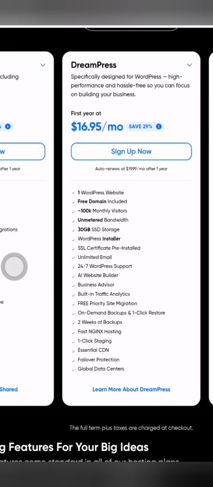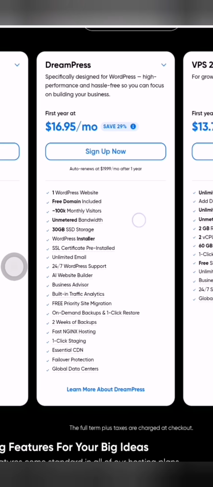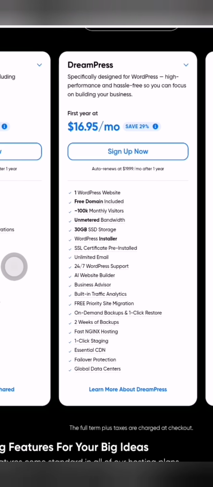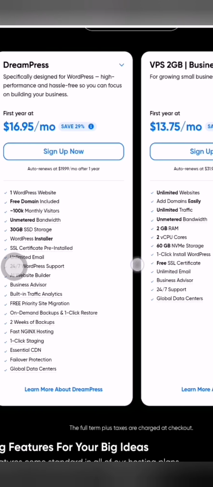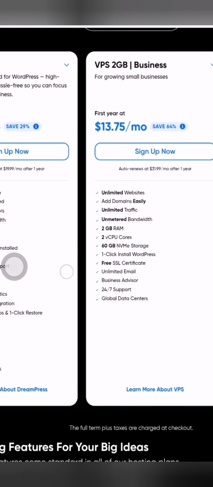While if you come down here, you see you have the same thing, a free domain. They guarantee you'll receive 100k monthly visitors, and so forth. And we also have a VIP plan, which is